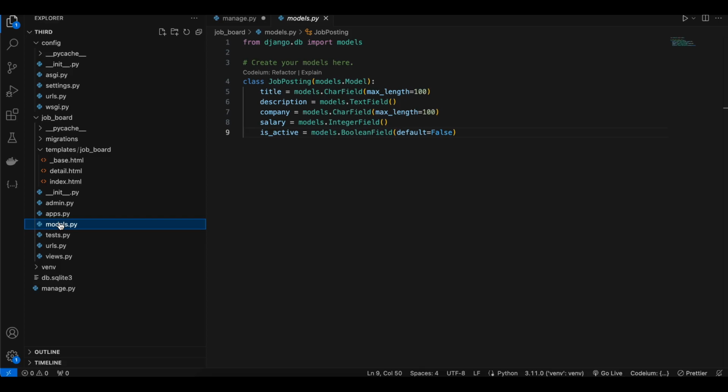So here you can see that we have a SQLite database. So all this is by default created, so we don't have to worry too much about it, and it will automatically create a table for us as well once we create migration for this particular model. So this job posting model will be created inside our